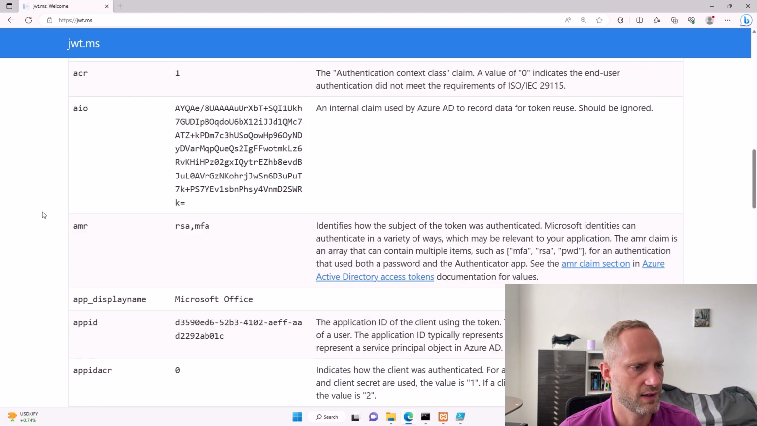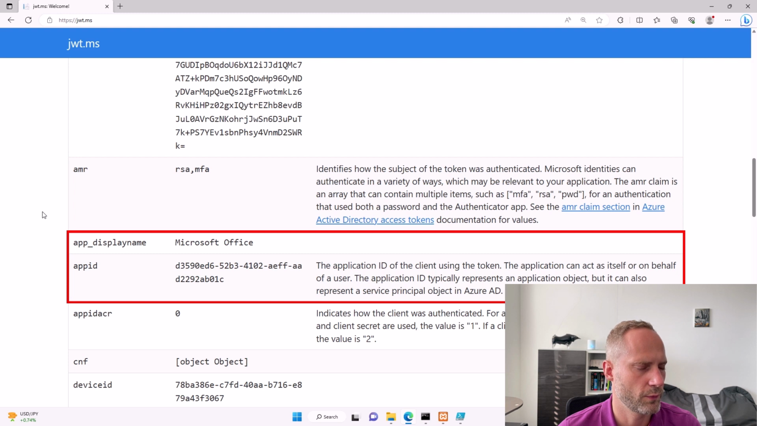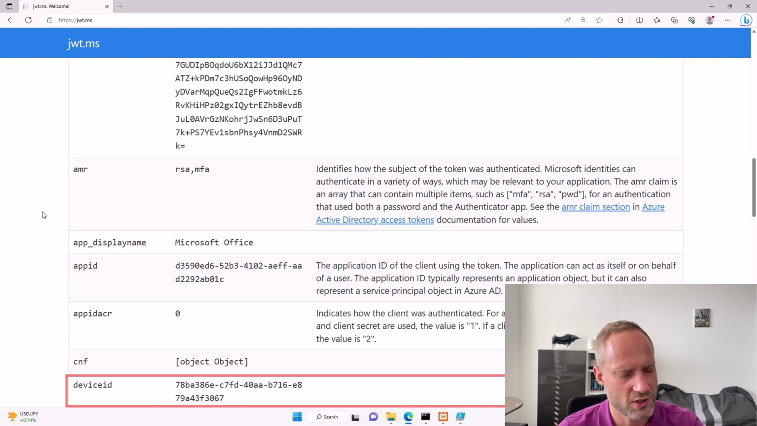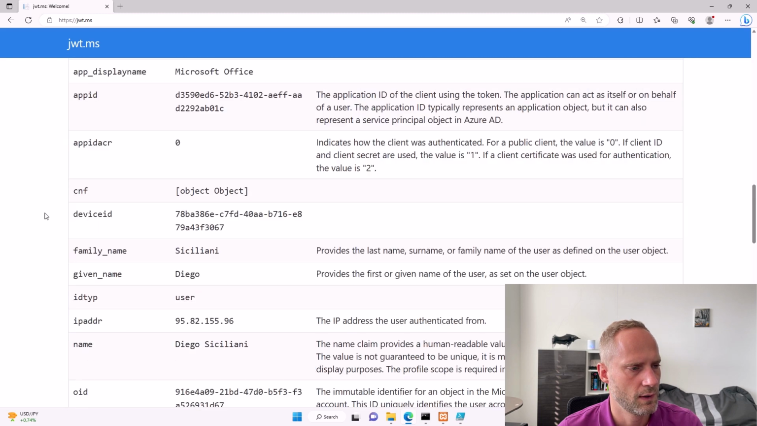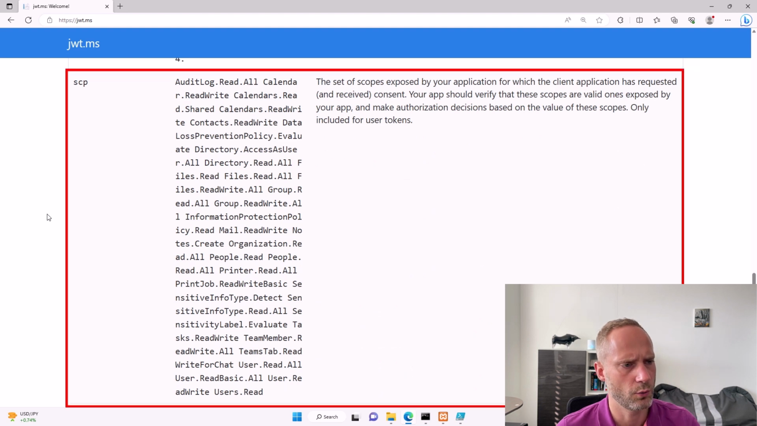We see how the user got authenticated. We see which application the token was issued for, the application it's scoped to, and then there is the device ID, because the device for which the token was issued was registered to Entra ID. And then we have the scope, and the scope is quite wide, so we can do a lot of things